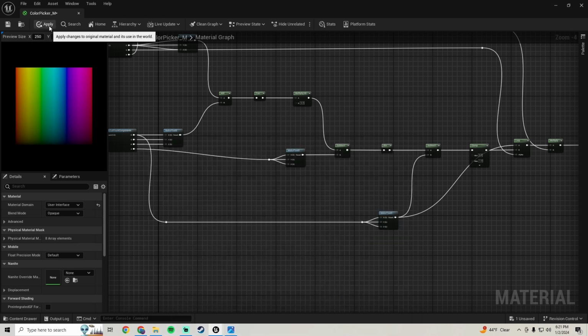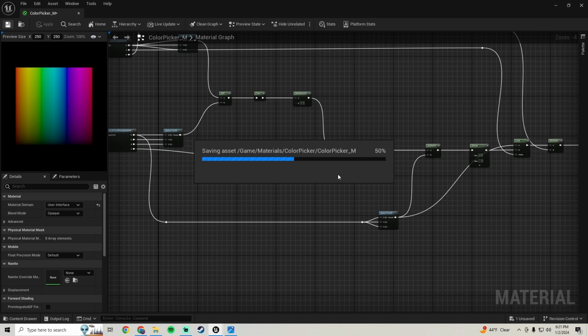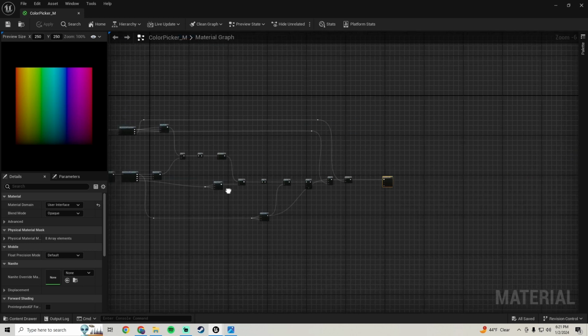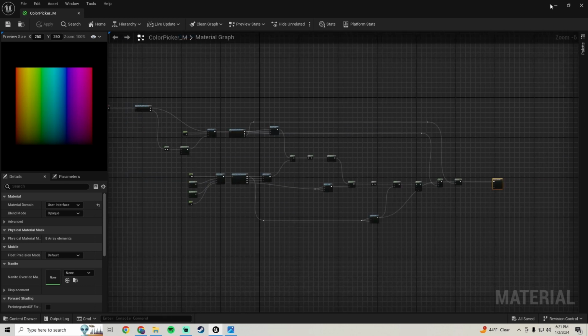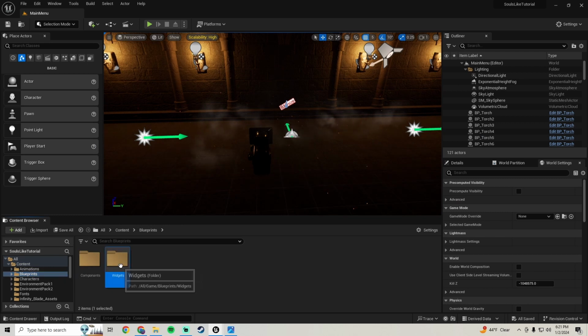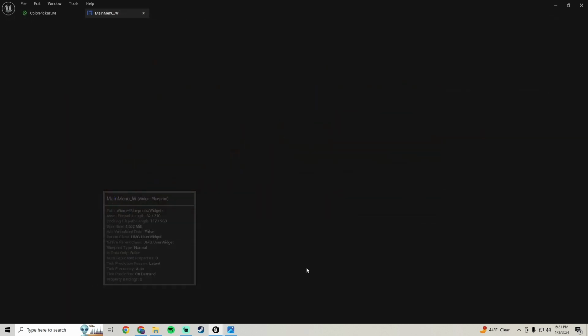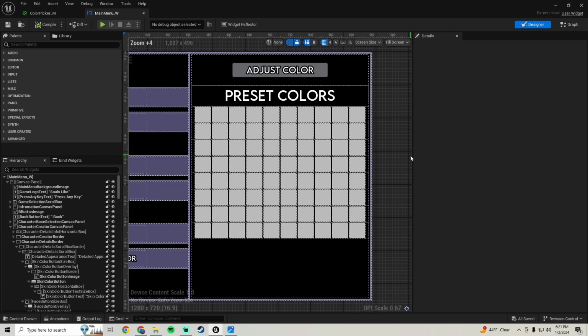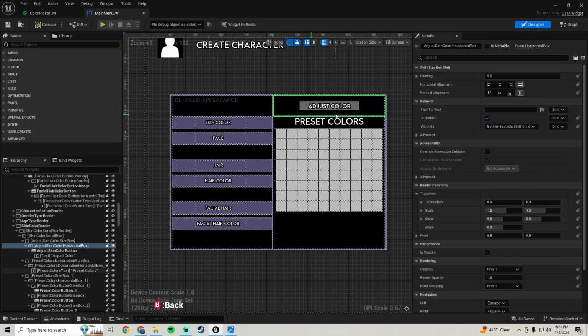Yeah, that's the material we want, so just apply and save. And the material is good, so now all we're gonna do is make our menu. So go to your blueprints, widgets, main menu widget, and we're just gonna duplicate this menu